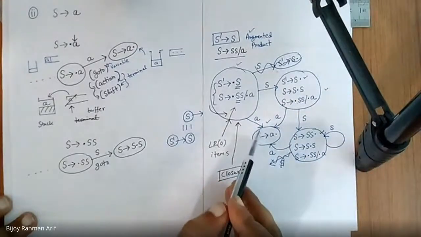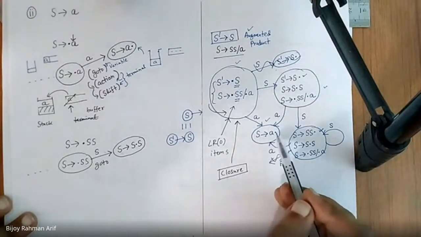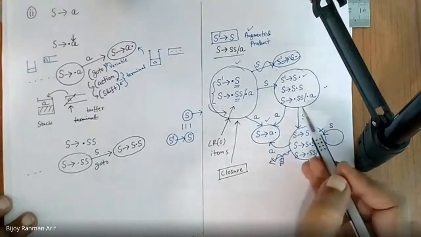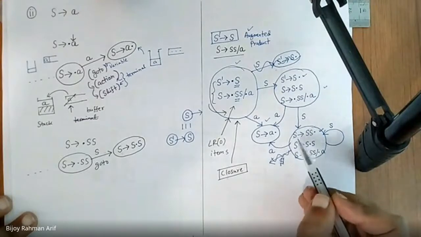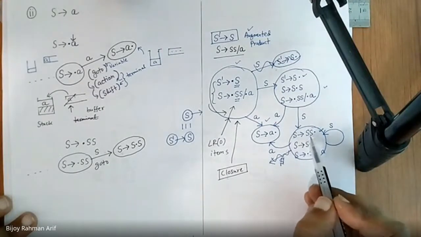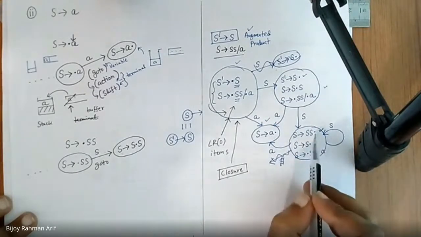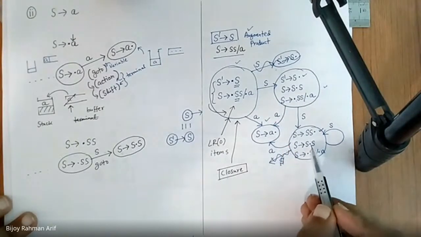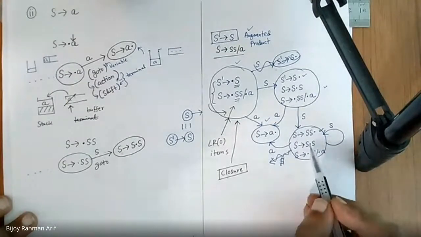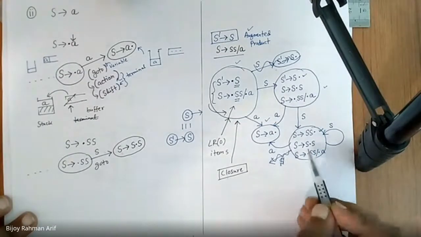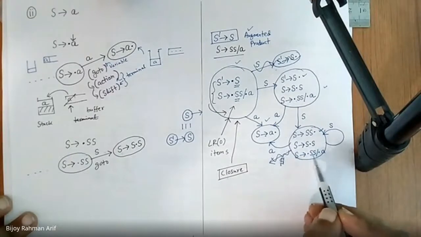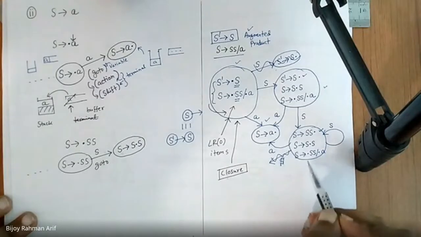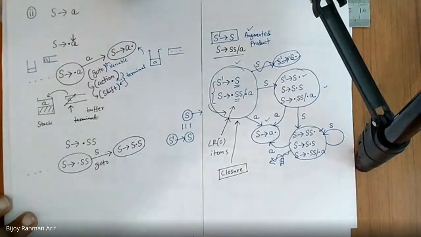Now, if you move over A, you get S derives A closure, which is the final item, fine. So you have to stop here. Then again, if you move over S, what do you get? S derives S closure is the final item, fine. But here you also move S derives S closure S. Now, what is just after the closure? There is an S, so you have to add again S derives closure SS or A. Then we cannot move any further, so you have to stop. So this becomes a closure. Is it clear to you guys?